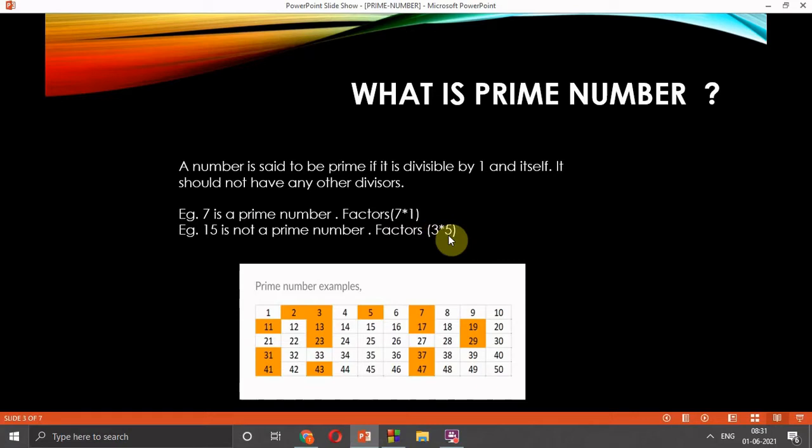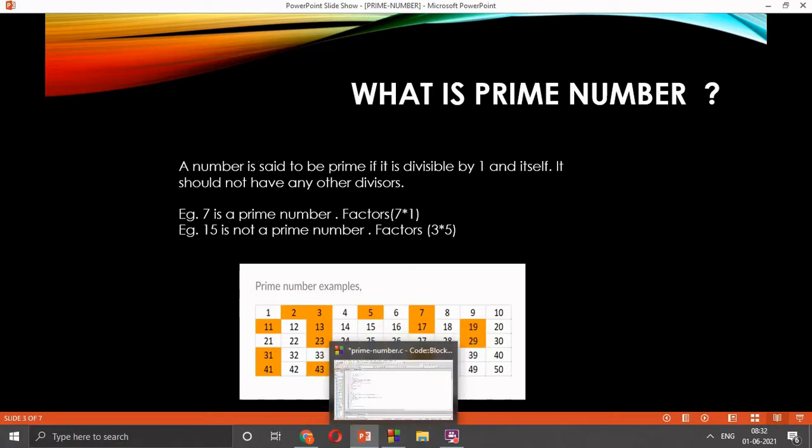So 15 has factors other than 1 and the number itself, so it is not considered a prime number. You can see here all the highlighted numbers are prime numbers. Let us consider 37. 37 will never come in the table of any other number other than 1 and 37 itself, so 37 is considered a prime number.